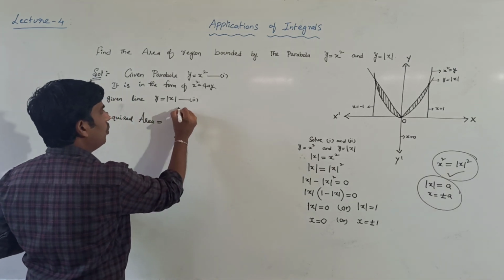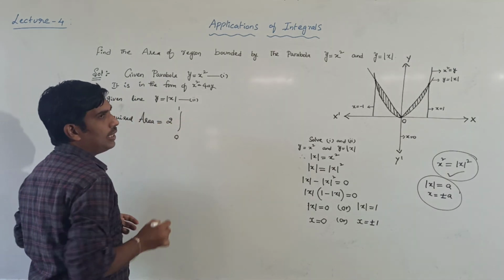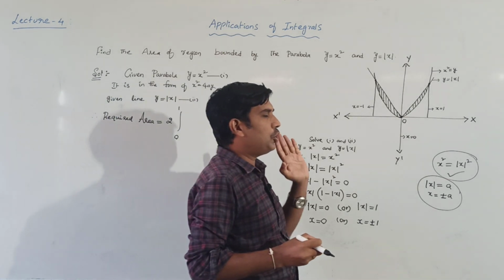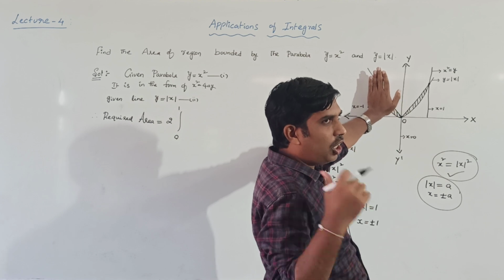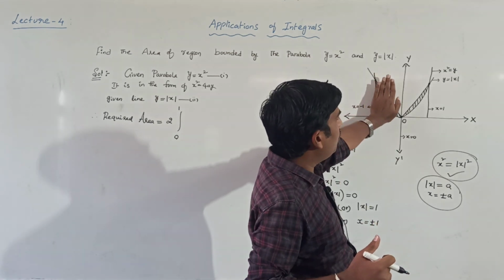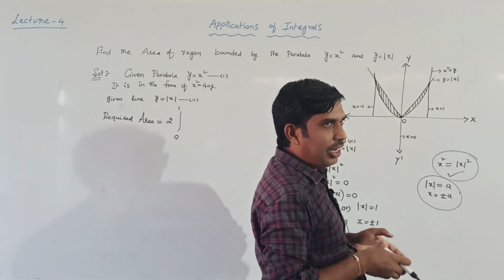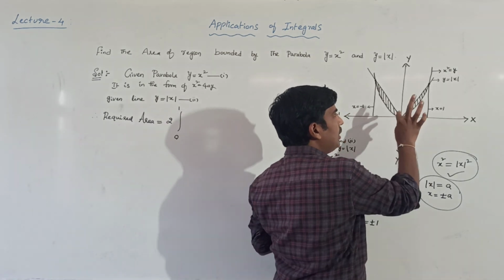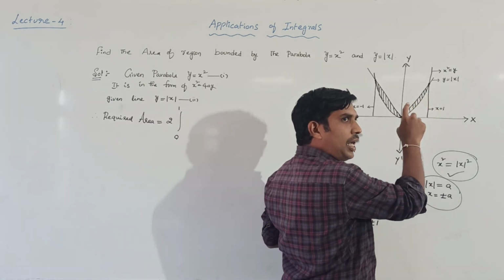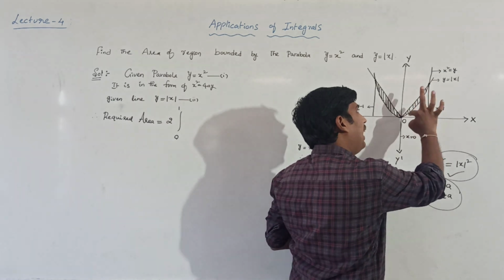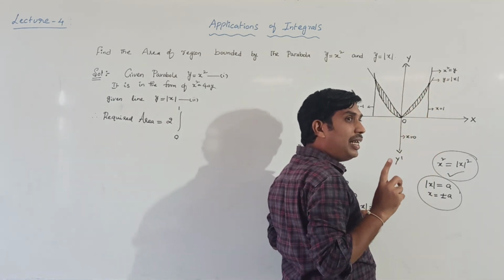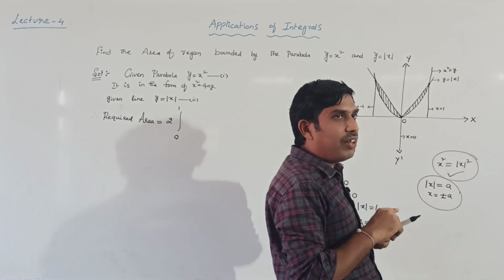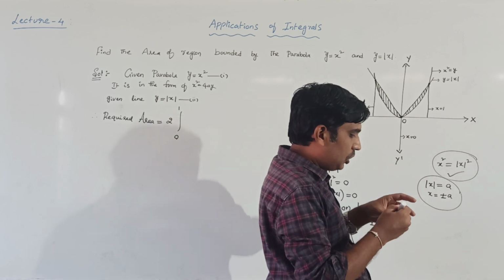So from 0 to 1, there are two parts, right? Observe 0 to 1. The left part you forgot now, means it is already multiplied with 2. So this part area we have to evaluate. Here this shaded part is the area bounded by a curve and a line. Very important. Now you will get confused.